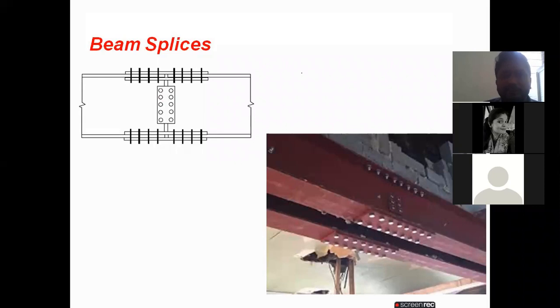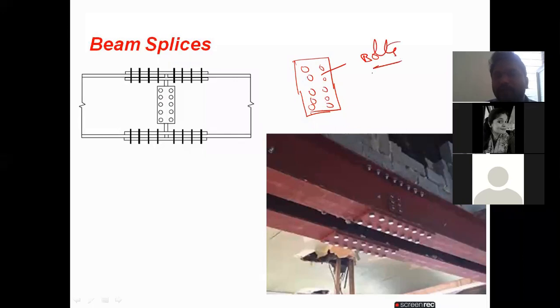In this plate, the connection has these 1 2 3 4 5, 1 2 3 4 5, these are the bolts. But here you will see the bolts, there is a plate and this one is a bolt.